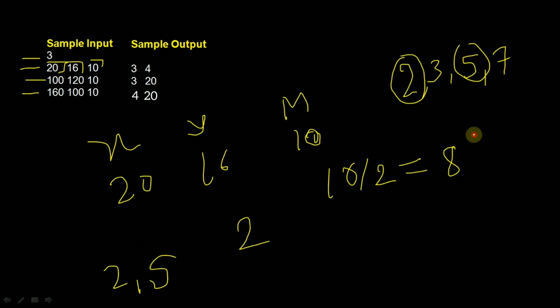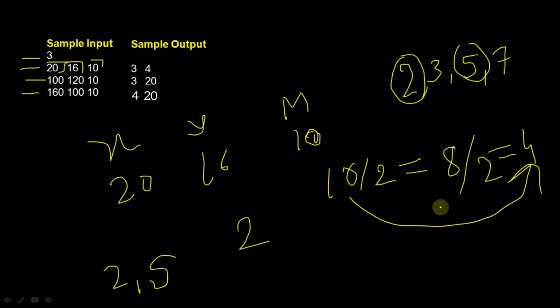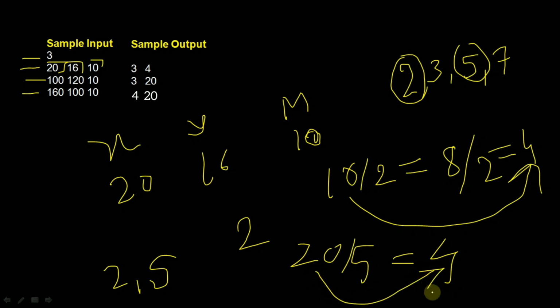Okay, so let's divide it again by 2, because 2 is also a prime factor of 8, and which is less than m, so we will get 4. So from 16 to the 4th floor it will take 2 seconds. If we divide 20 by 5, we will also get 4. That means it will take 1 second to move from 20 to the 4th floor.